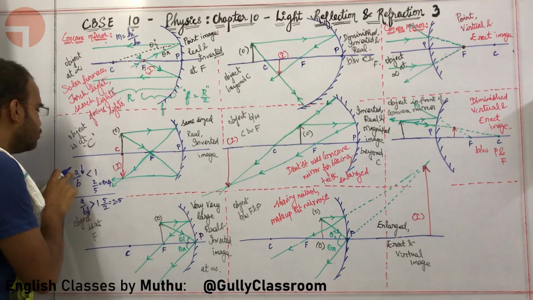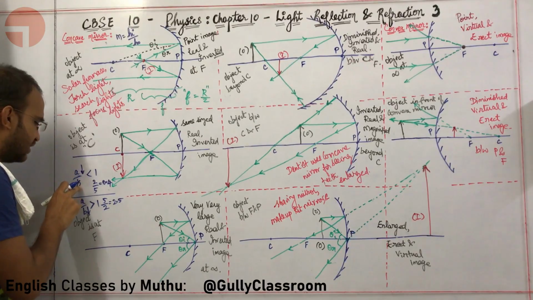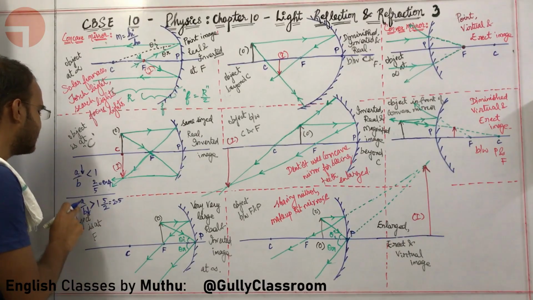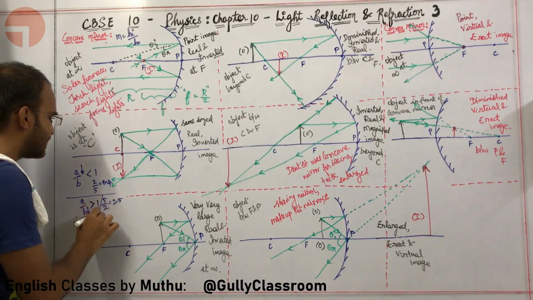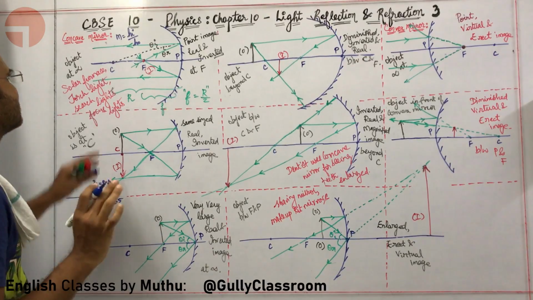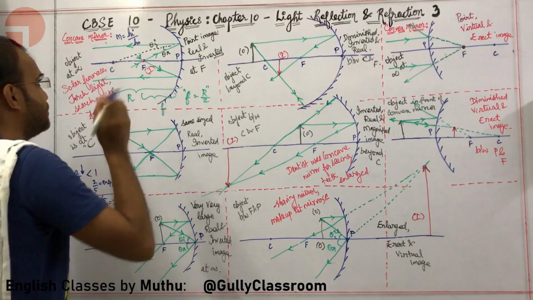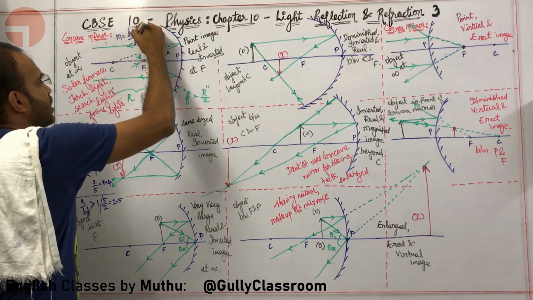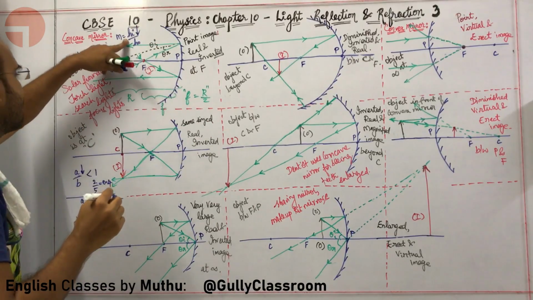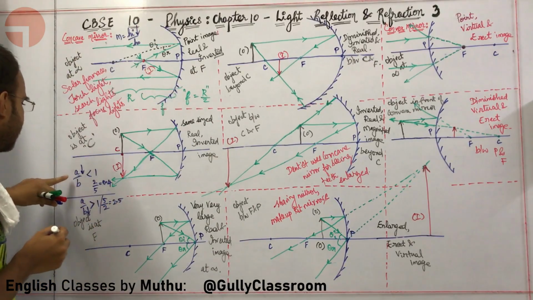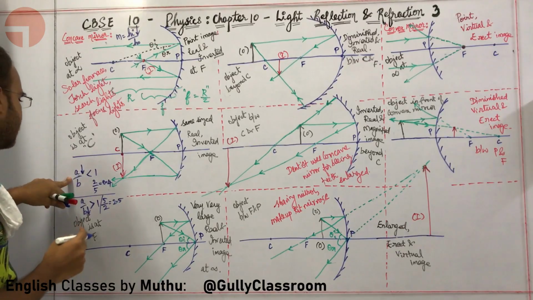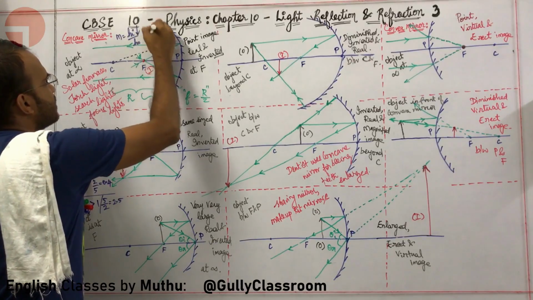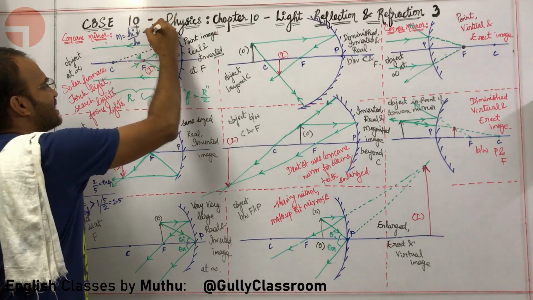So if the numerator is lesser than the denominator, the total value is lesser than 1. If the denominator is lesser than the numerator, then the total value is greater than 1. Are you able to understand this? Yes, sir. Now come here. Here, which is less? Sir, here obviously I am getting a point image, so the height of the image is very less. If the numerator is less, automatically the total fraction will be lesser than 1. So the magnification will be lesser than 1. Are you able to understand how I just did this?